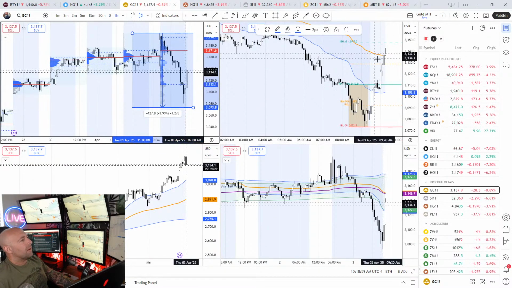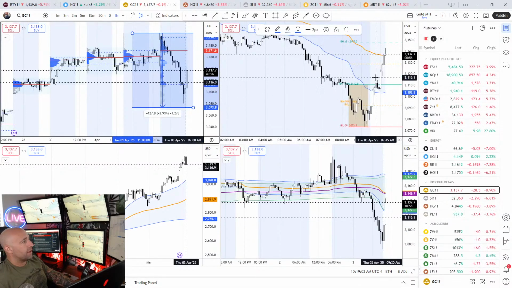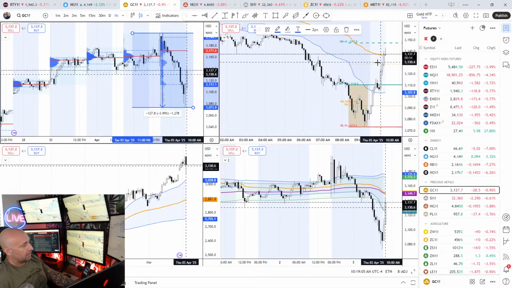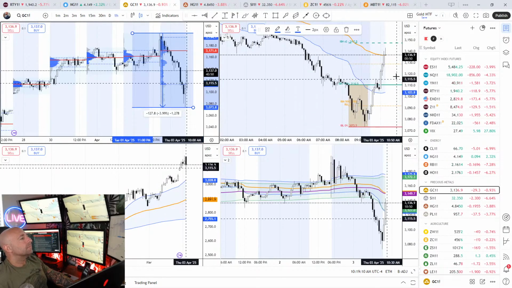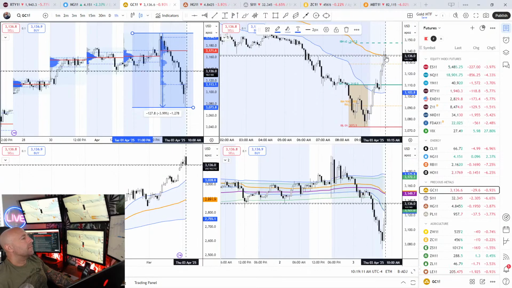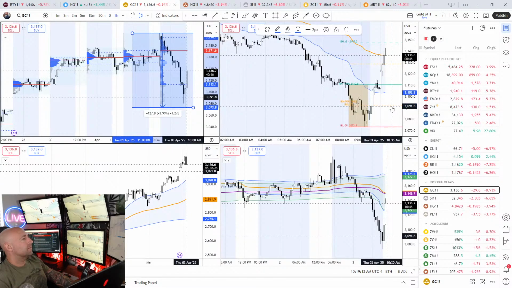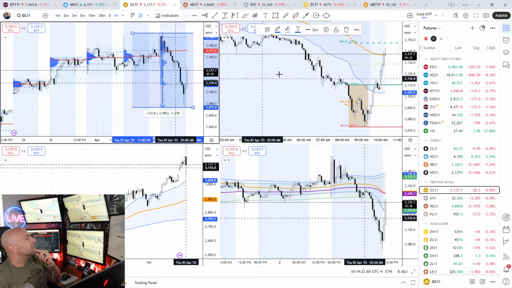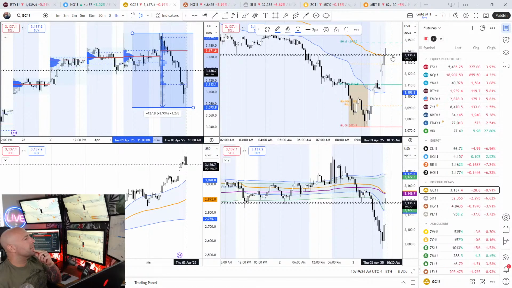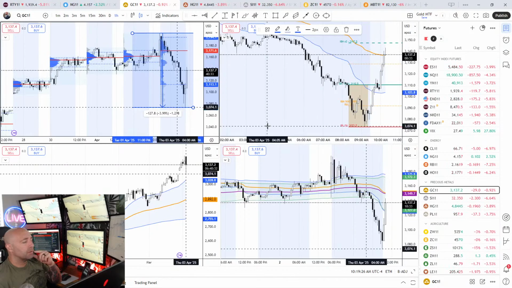This area above VWAP could be a trap or it's going to find support. I mean, this was a trade according to my setups, my setup. If it falls back through, this could be very well a huge trade. But it could also find support here. This could be a back test confirmation for more upside. So we'll see what happens.